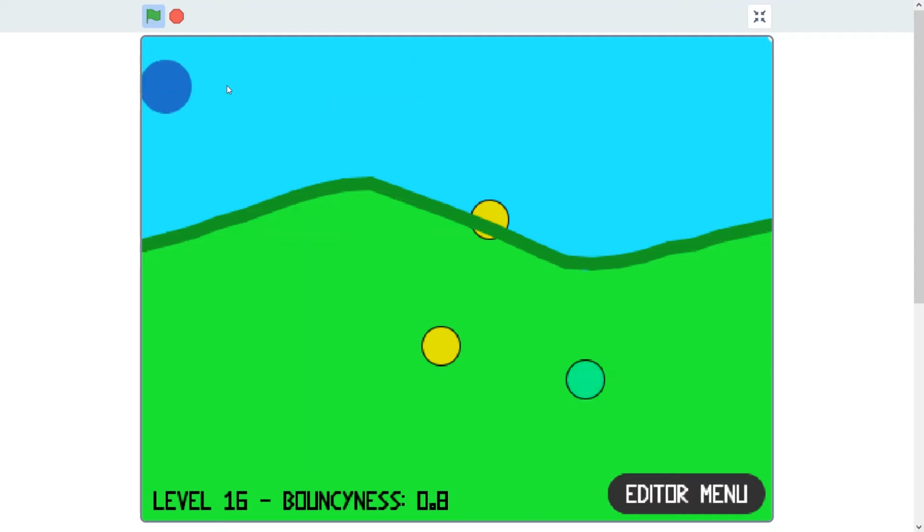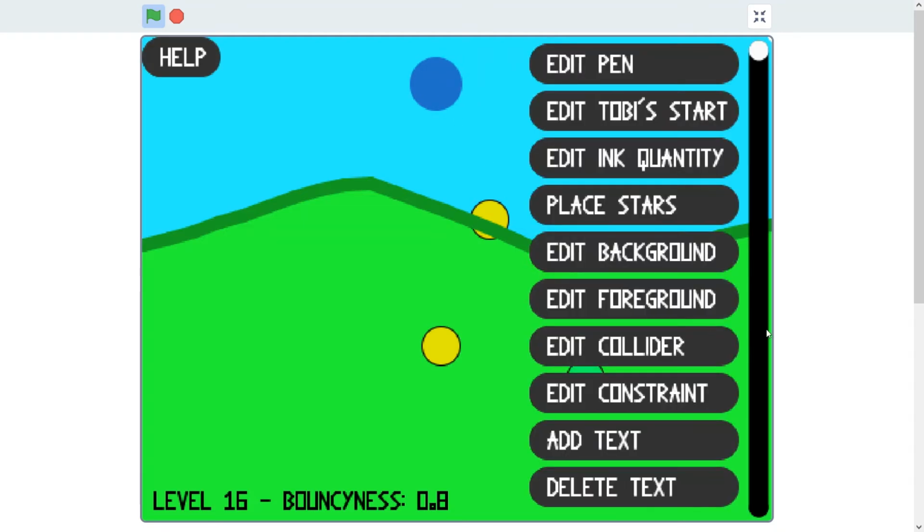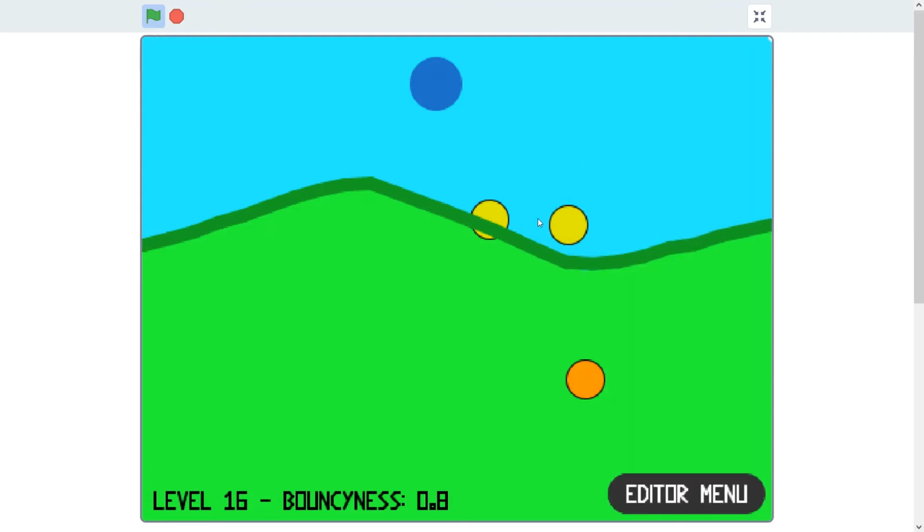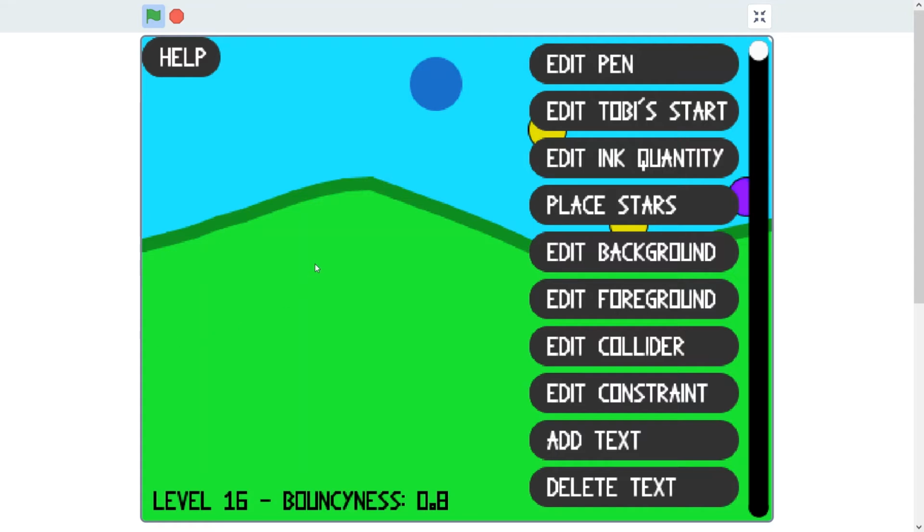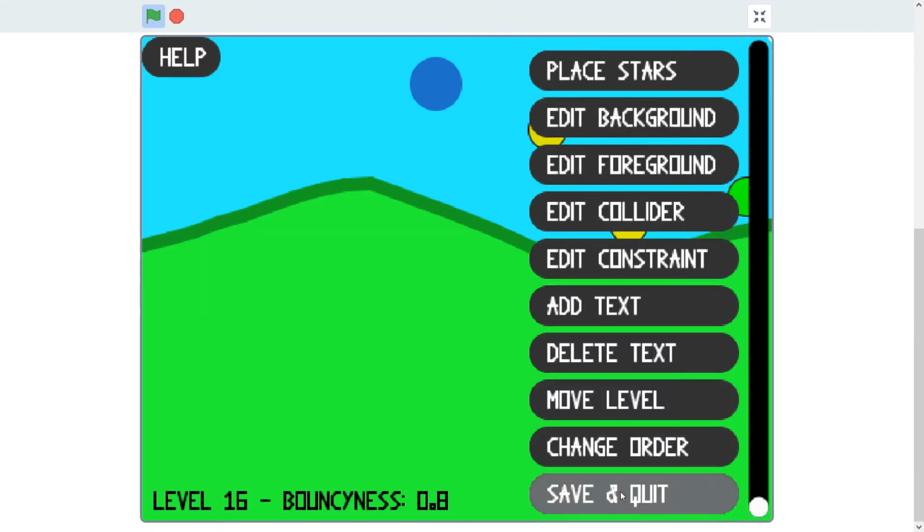Just click where you want to put Toby at the beginning, for example here. And you can also place stars. So I want the first one to be like here, the second one to be here, and the last one here. Great. Now, if I save and quit,